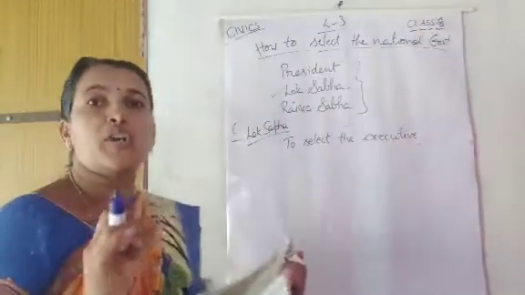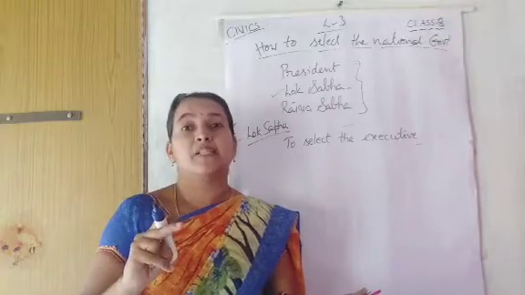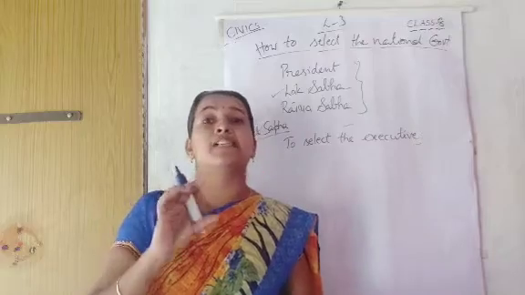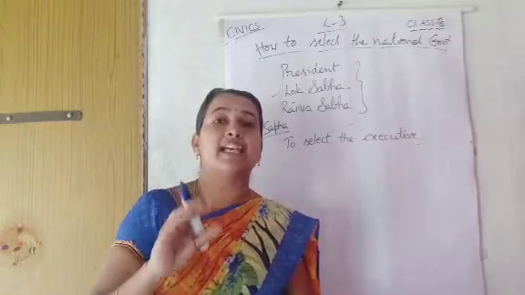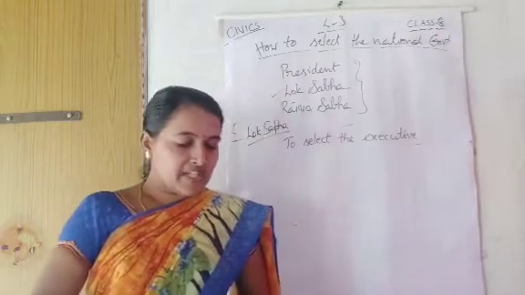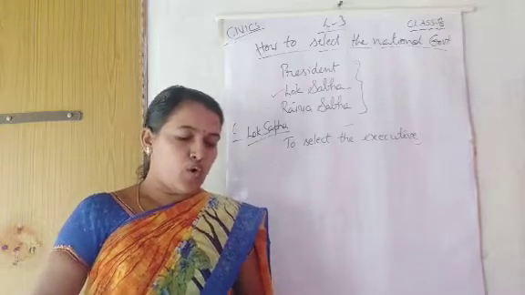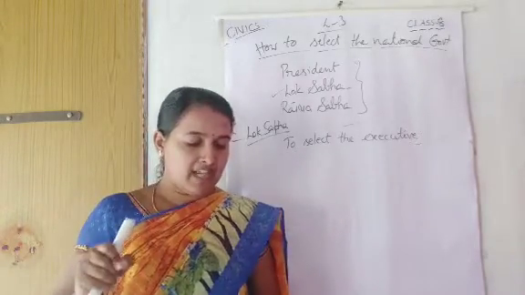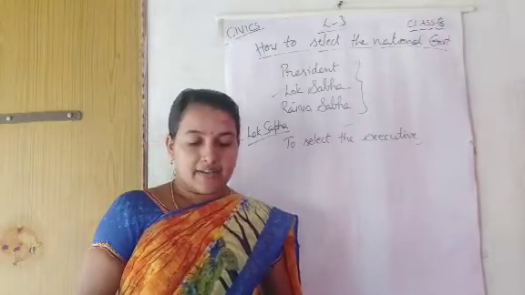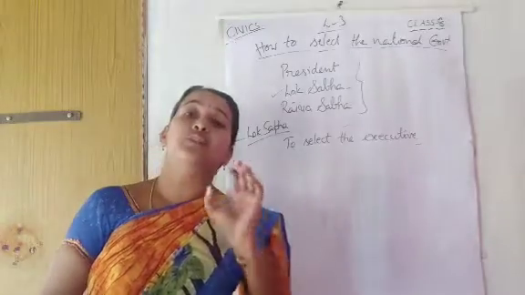Here I already told you, executive body means the members who are selected as officers. All the officers' team is called the executive body. That means government officers. The executive, as you read in chapter 1, is a group of persons who work together to implement the laws made by the parliament.